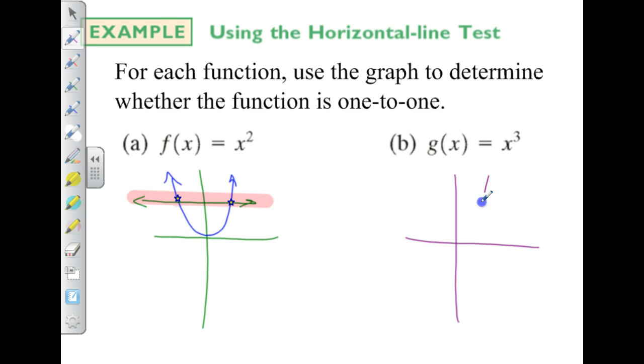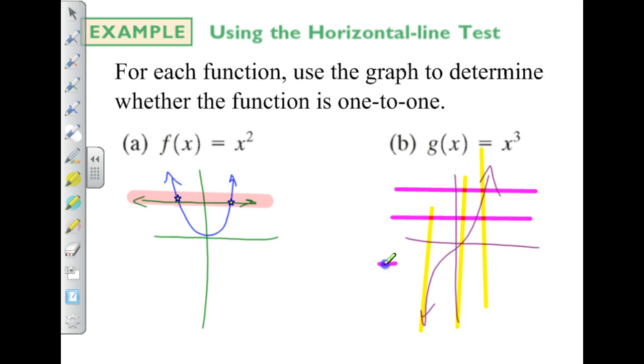We know this is a cubic function, and not only does the vertical line test pass here, but no matter where you draw that vertical line, it's only going to cross once. The horizontal line test passes as well. No matter where you draw it, it only crosses once. So this is a good example of a one-to-one function, because not only is the function passing the vertical line